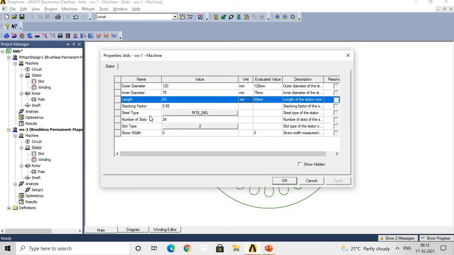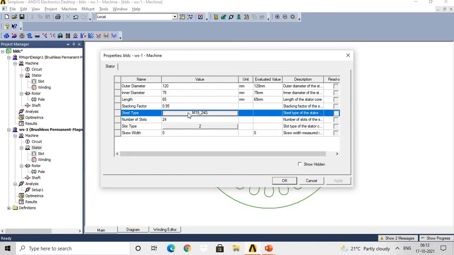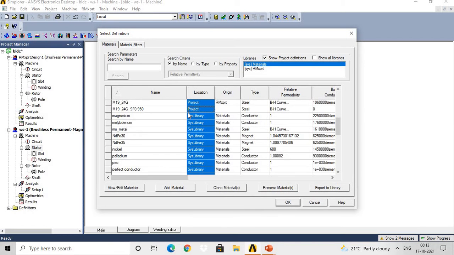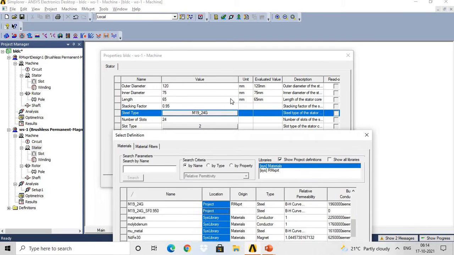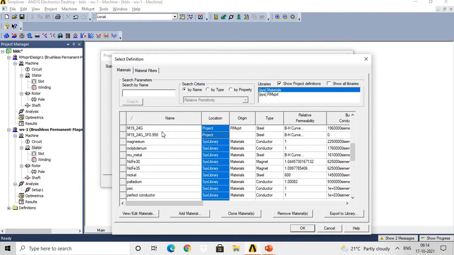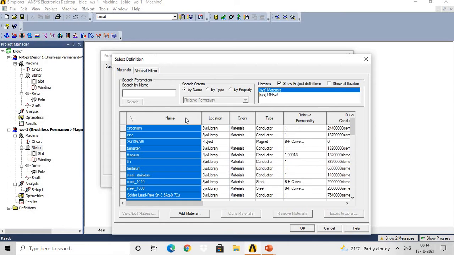Steel type: the beauty of this software is that you can select the material for the steel. Those students who want to continue their research by selecting different types of material for the stator and rotor, and want to do the analysis, have a library of different materials. Right now we have selected the material M1924G.